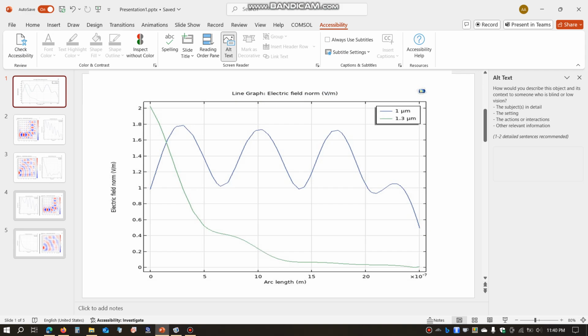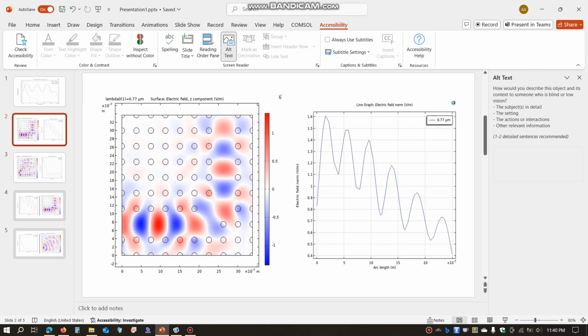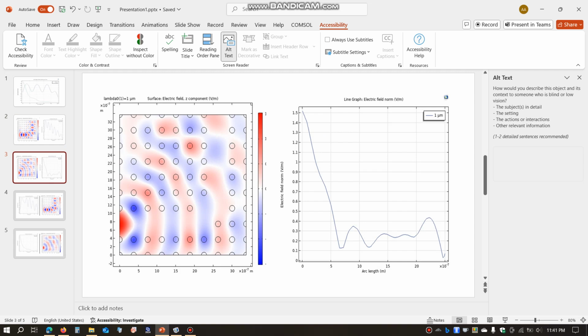So let us check. This is the result for silicon nitride, computed for 0.77 micrometer. As we can see, this wavelength is supported by the photonic crystal, and it is clearly passing through the device. The linear graph also shows an oscillatory nature, so the wavelength is supported for this device. In the next case I have changed it from 0.77 to 1 micrometer,